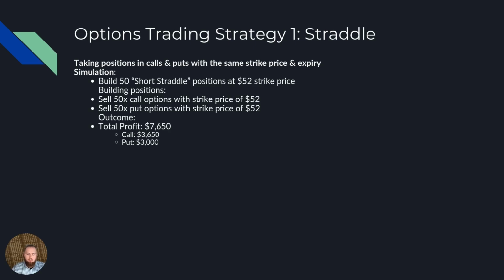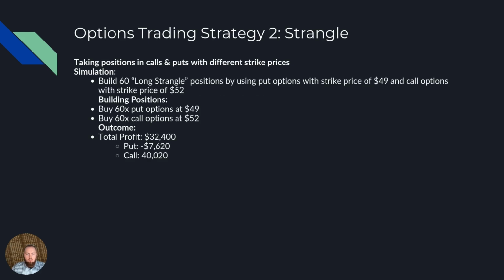This demonstrates how a short straddle can perform well in low volatility conditions. This is where the underlying asset price for the options remains near the strike price, and the premiums collected are then retained as profit. Now, that was the straddle. If we move on to the strangle,